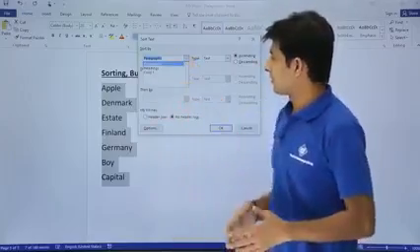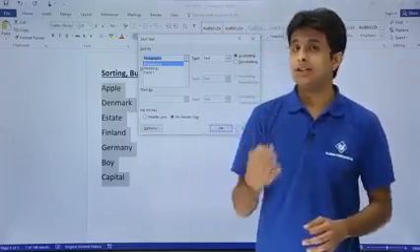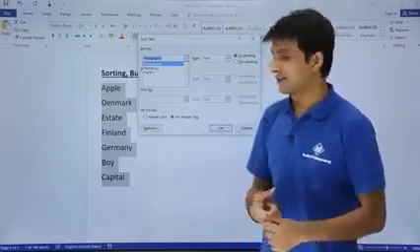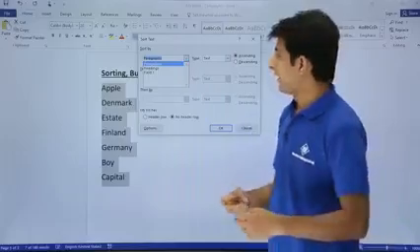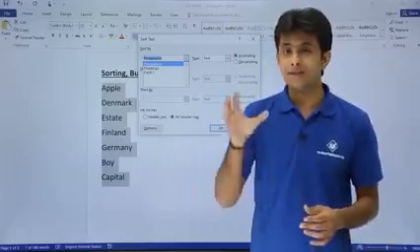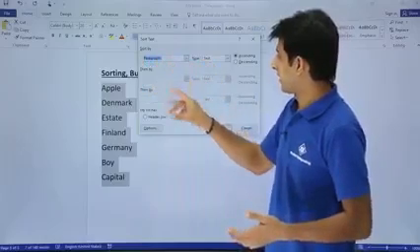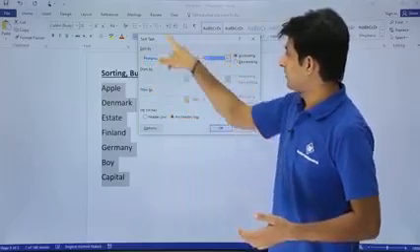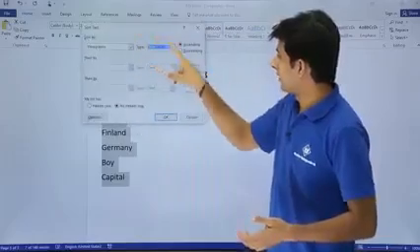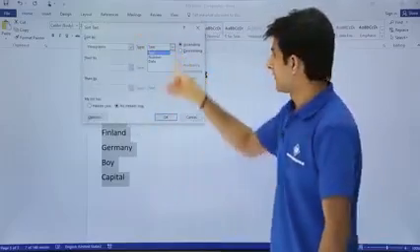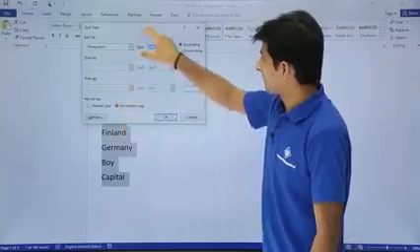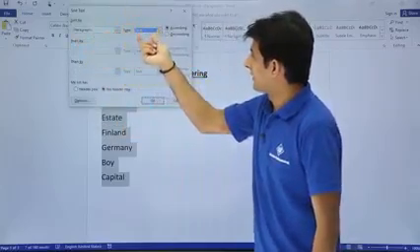Now if I click on this drop down, it says not only paragraph, I can do three things. First one is paragraph, I can sort the headings, I can sort the different fields. Fields means in the tables you get those fields. So right now I want paragraphs, that is the text which is given. It says I can also sort the numbers, dates and text. But right now I have a text here. So paragraphs I want to sort, that is the text.